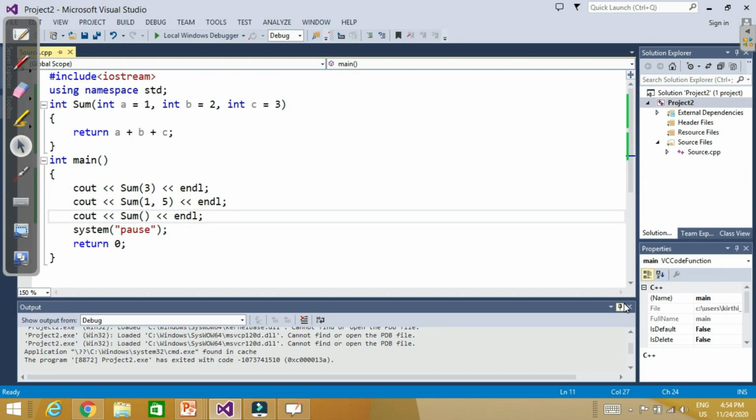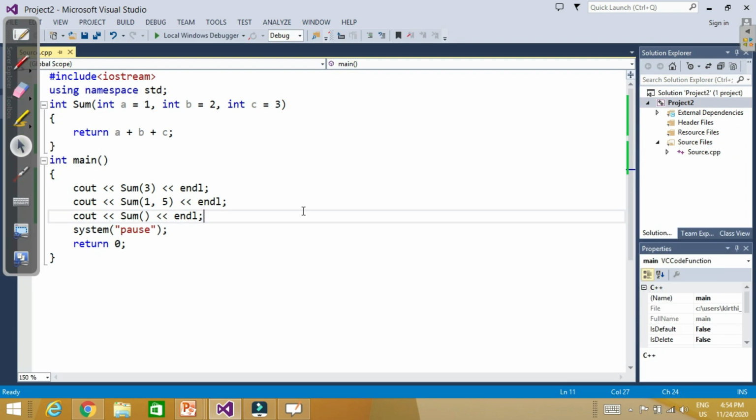Now there are two or three things you have to notice about default arguments. First thing is that it is not necessary that we make all the arguments default. If we want, we can make just one argument default. For example, you are calculating the area of a circle, then you want to pass the radius, and there is one parameter as pi. Either you can take it as a constant or you can make it default inside your function. So for example, let's say I want to make only c default. I can do it like this. Now only c is default, and every time we have to pass a and b,